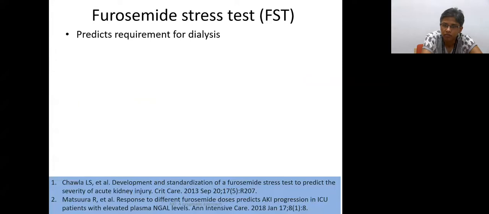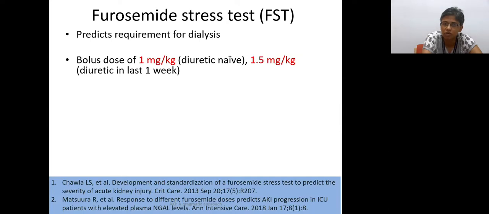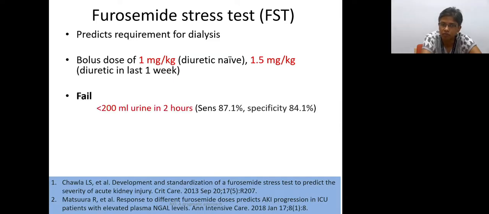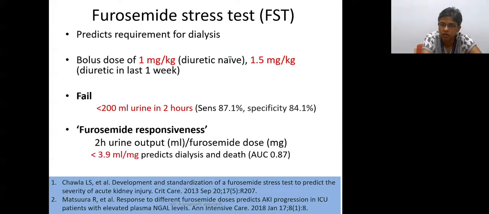So there is something called the furosemide stress test, which can predict the requirement for dialysis. This involves giving a bolus of 1 milligram per kg in a patient who is diuretic naive, or 1.5 milligram per kg in those who've been on a diuretic in the last 1 week. If a patient puts out less than 200 ml of urine in 2 hours, they would have failed the furosemide stress test. This means they're unlikely to respond to diuretics. Please proceed towards dialysis. Okay, but of course the problem here is